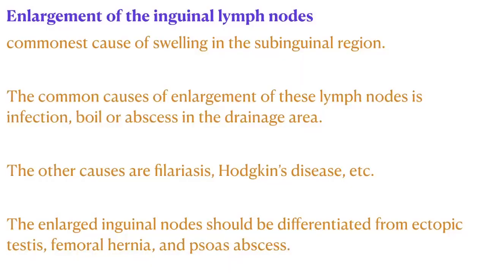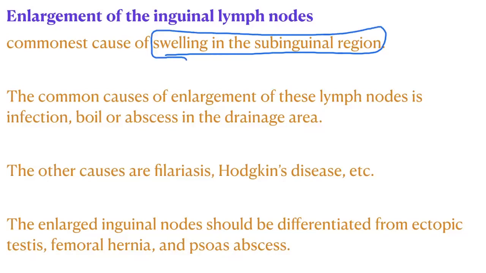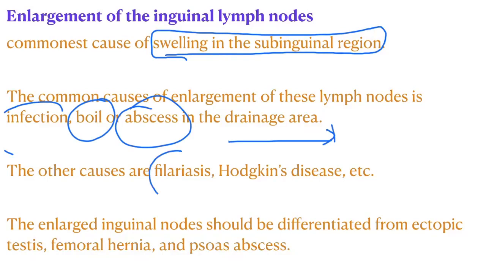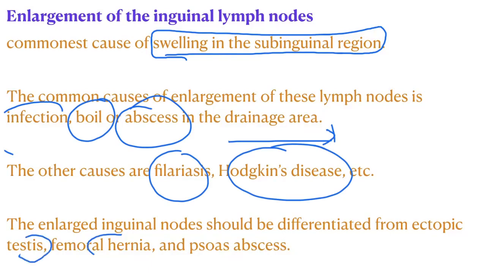Again, enlargement of inguinal lymph nodes. The commonest cause of swelling in the subinguinal region is enlargement of inguinal lymph nodes. A common cause of this is infection, boil, or abscess in the drainage area. Other causes are filariasis and Hodgkin's disease. The enlarged inguinal node should be differentiated from an ectopic testis, femoral hernia, and psoas abscess. Okay,